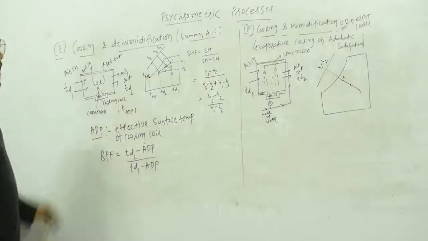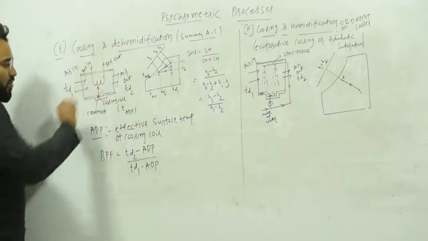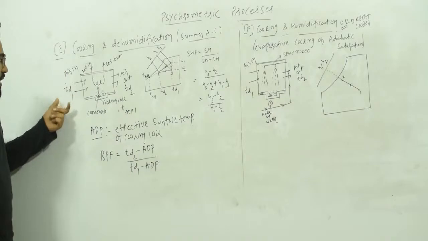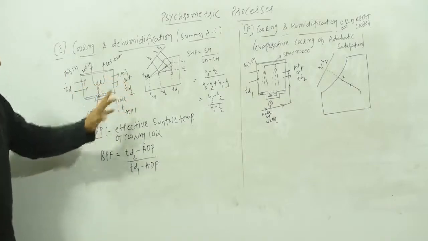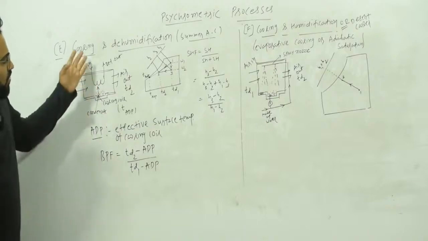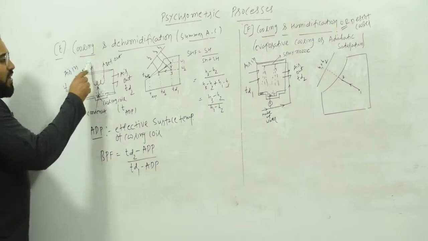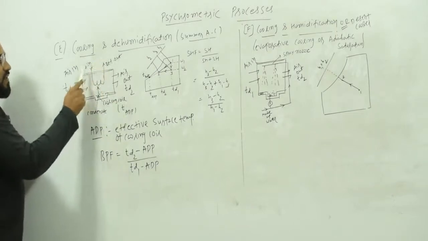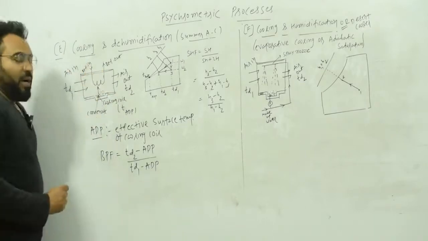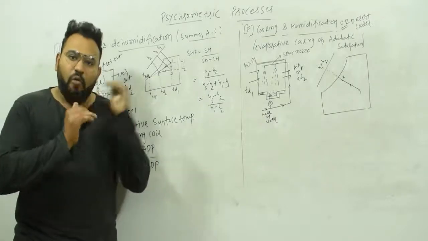Now, how do we do cooling and dehumidification? Here you can see one process. The air is coming in with dry bulb temperature TD1 and leaving with dry bulb temperature TD2. Here is the cooling coil, and for cooling, refrigerant is circulating in it: refrigerant in, refrigerant out. Cooling is going to happen, but how do we do dehumidification, meaning how do we remove water vapor?